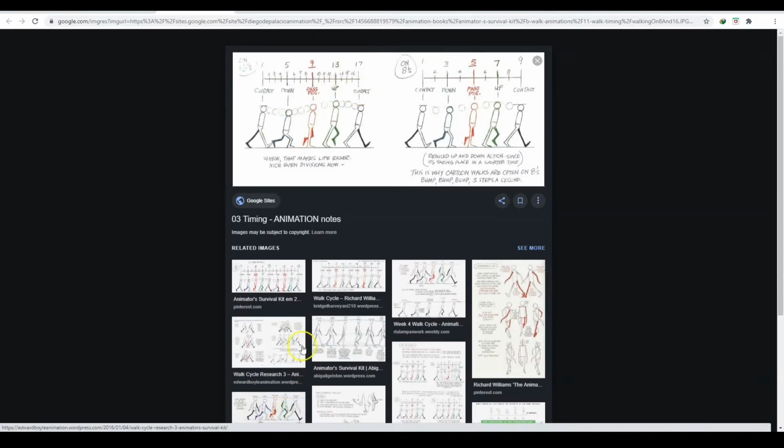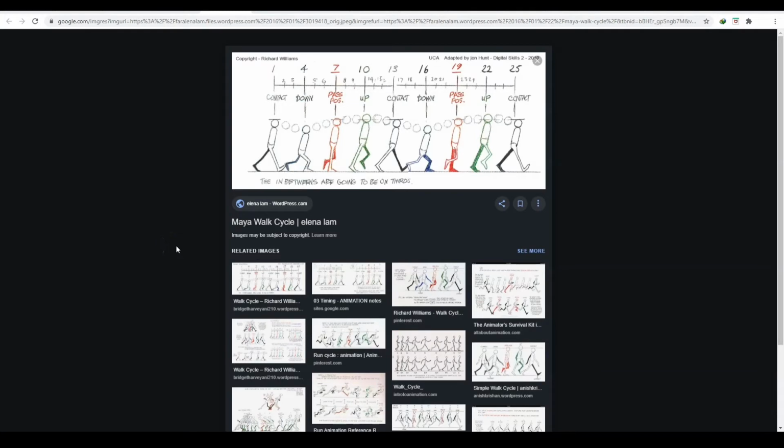Before starting animation in Maya, I would suggest you do research and more and more planning. Once you understand the key foundation and how it works, then it is easy to work in Maya, in any 3D software. Here are a few images, and you can search for videos on YouTube, Pinterest, Vimeo, or you can shoot your own reference.